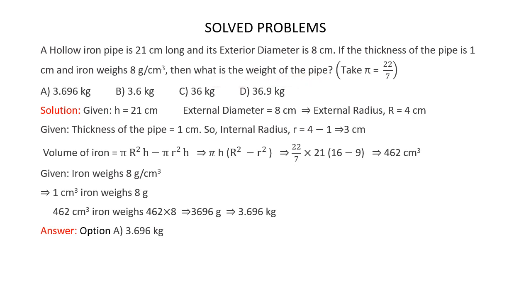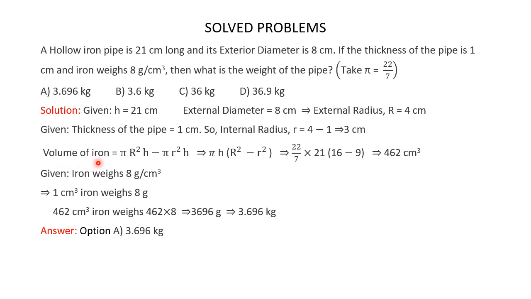Now it's given that iron weighs 8 grams per centimeter cubed. So to find the weight of the pipe, we have to know how much iron is present in the pipe, which means we have to find out the volume of the iron. Now volume of iron